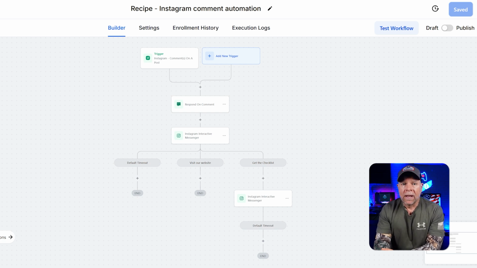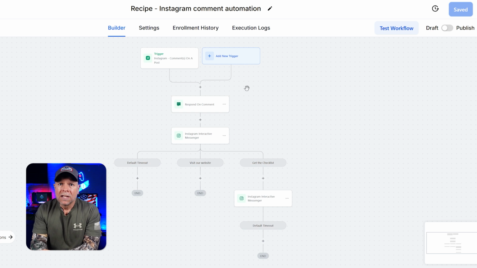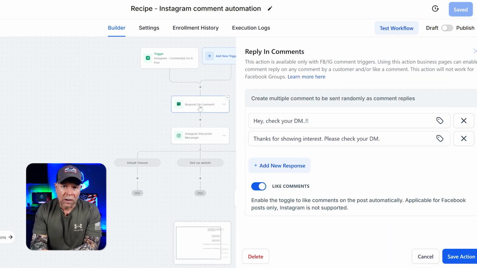The great thing about this template is that you can easily change both the comment and DM messages to suit your audience. So let's start by customizing the comment response first. So click on the Respond on Comment action in the workflow. This will open the right-hand sidebar where you can modify the message that will be sent in response to a